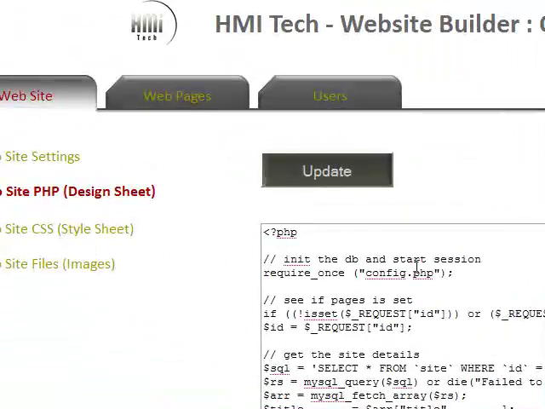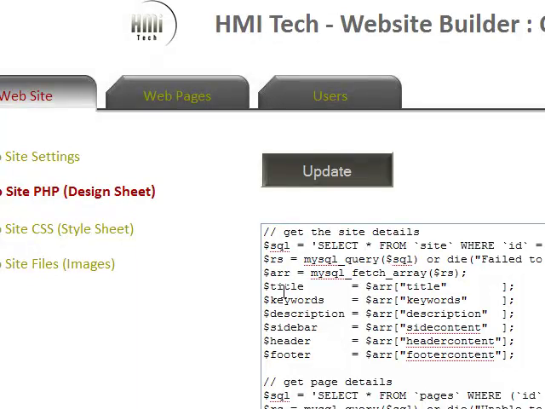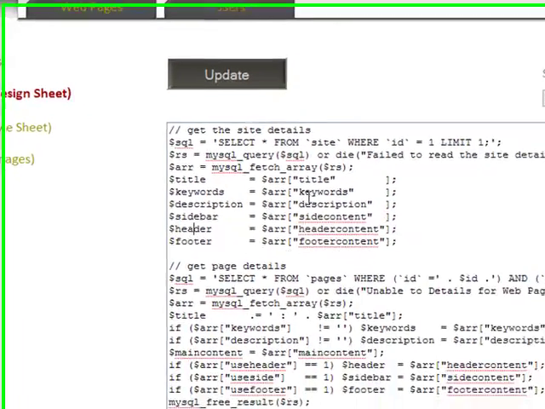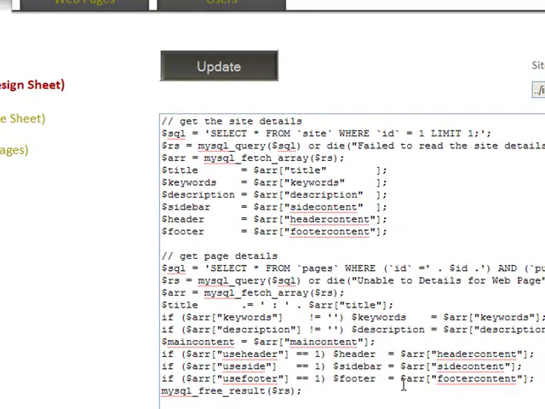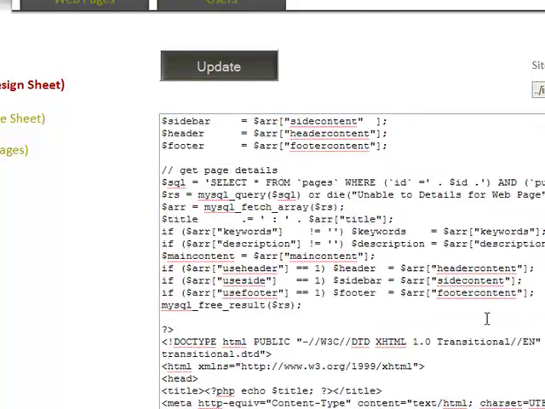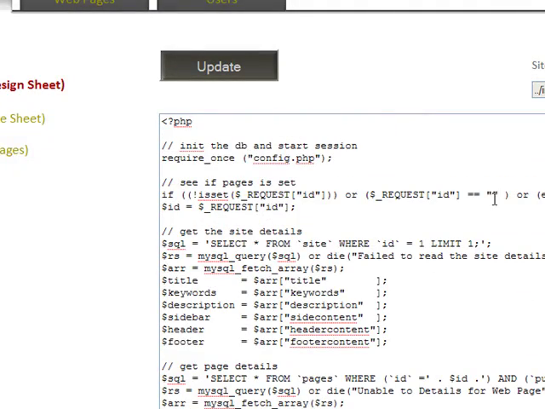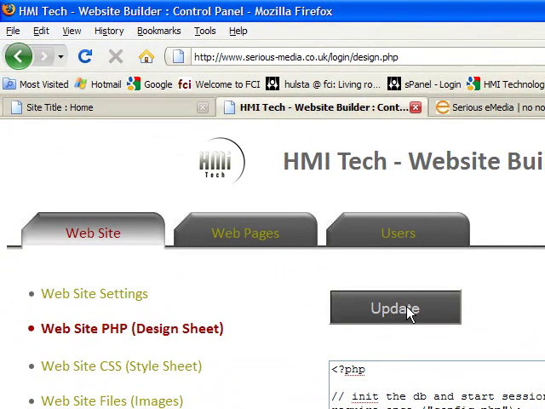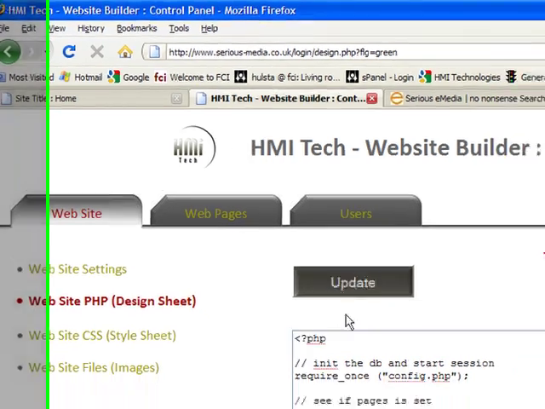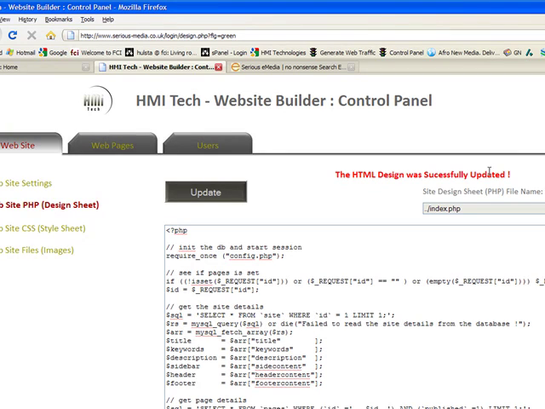So this is done, and if you see, I put the PHP code out here to get everything from the database and put it in these variables. So if you know a little bit of PHP, you'll know what I'm doing out here. It's very simple code, and you can write whatever you want out here for whatever you need for your site. So I'll just update that. Now we're done with most part of the software setting up, but you can see the HTML design has been successfully updated. Now I go to settings,